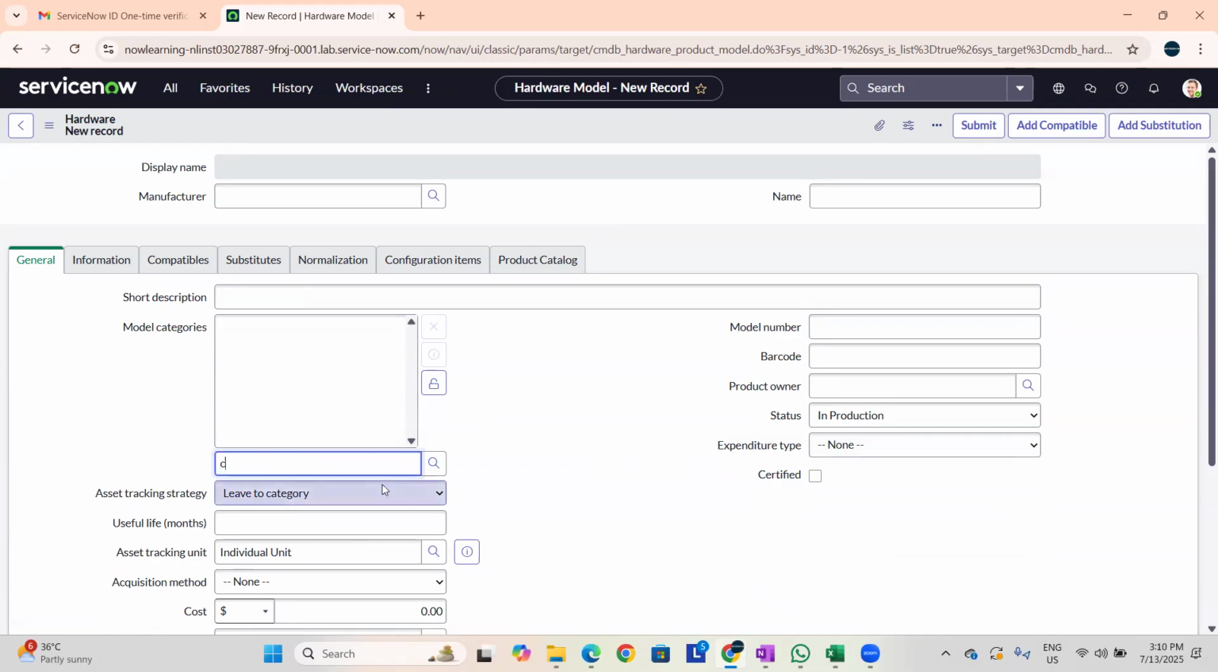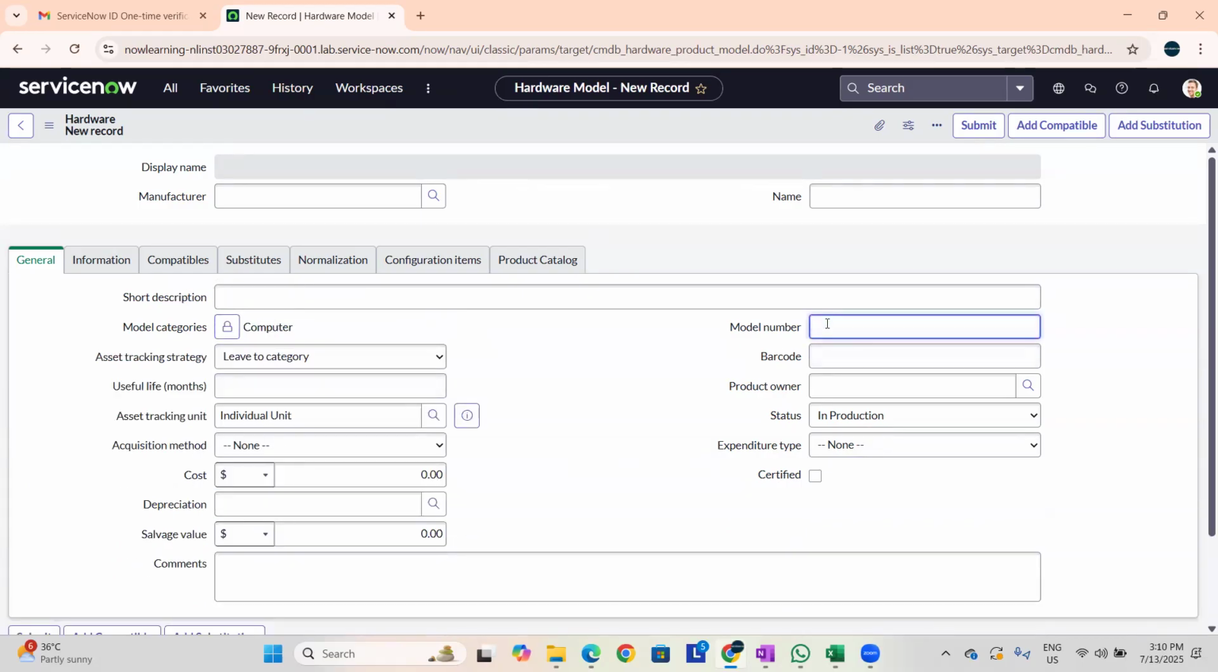I'm going to give the model category as computer. And then in model number, I'm going to create a Dell 5570 model. It's a Precision one. In the name, I'm just giving Precision only. And I'm giving manufacturer as Dell. If I click save,